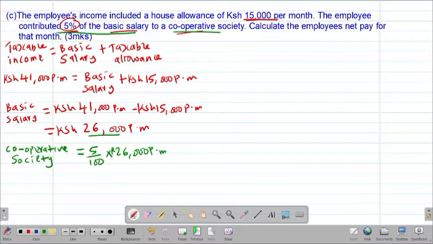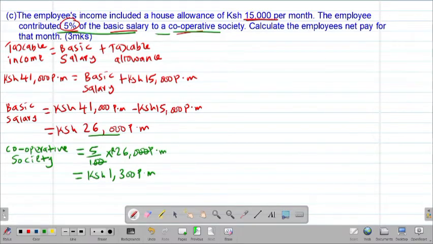So this will be equal to, of course, the two zeros will cancel out, 5 times 260, your calculator should be able to give you 1,300 shillings per month. So remember that this was a contribution, therefore it means that it was a part of